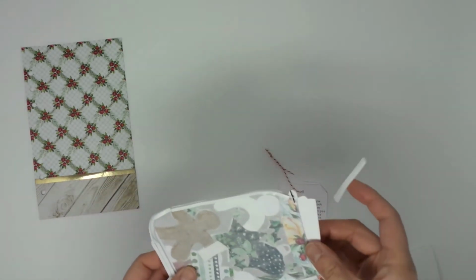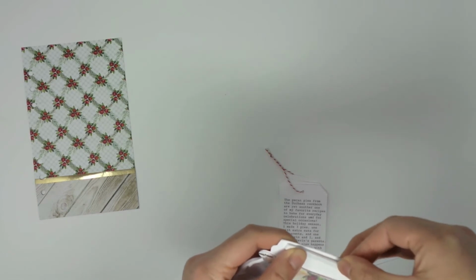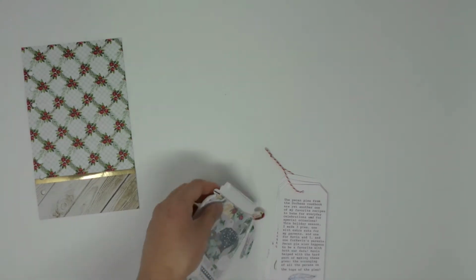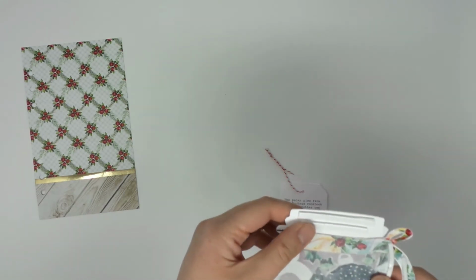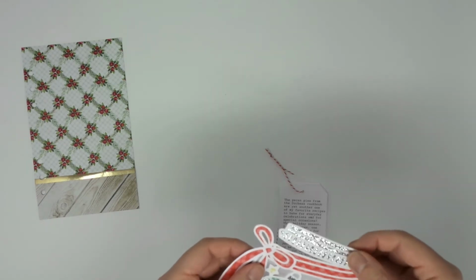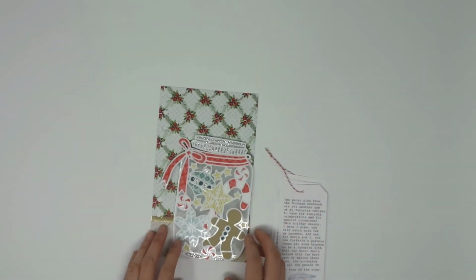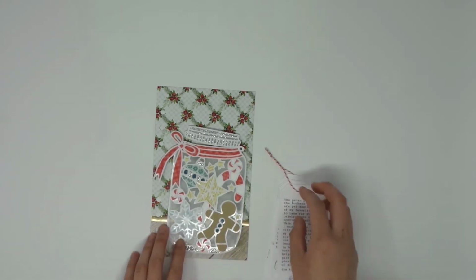And then after that, I just wanted to make sure that the lid of the mason jar is at the same height as the rest of the jar. So I'm going to be putting some foam tape on the top of this lid. Now make sure you don't remove the backing from that piece. It's purely just to help stabilize it so that it is the same height as everything else. But if you remove the tape backing and stick it down, then the mason jar will not be able to open properly. So here I'm centering it onto my base page that I cut at 5 inches by 8 3/4